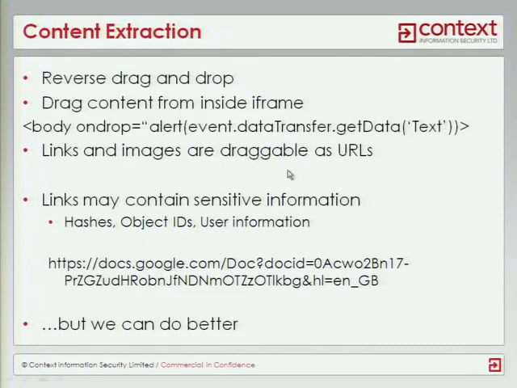So again, with the drag and drop API, we can use the on-drop event to get any data that's dropped onto the page. So what kind of stuff could we drag out of a page? Well, links and images are draggable by default, and when it's dropped onto a page, they get converted into the equivalent